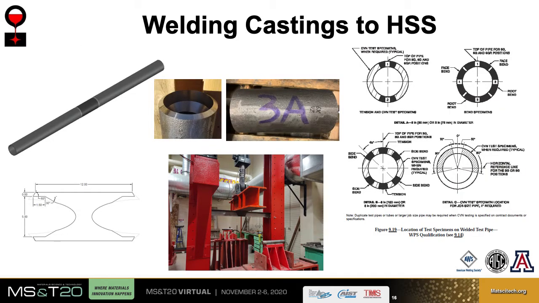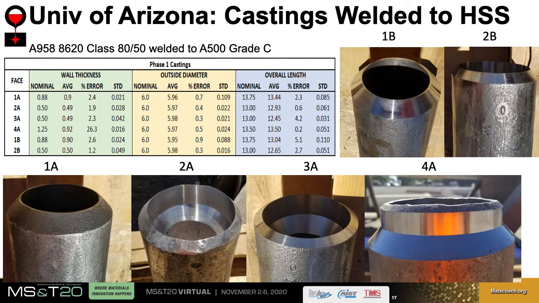To further demonstrate that steel castings can be fabrication welded to other building construction components, we are welding actual castings to HSS, or hollow structural sections. Similar to what we did in the weld plate qualification testing, we are staying within the pre-qualified welding parameters specified in D1.1. We'll do full-scale testing, and we'll also section test coupons to do tensile test, bend test, Charpy V-notch, and microstructural analyses. So this just shows the castings to be welded and their dimensions.